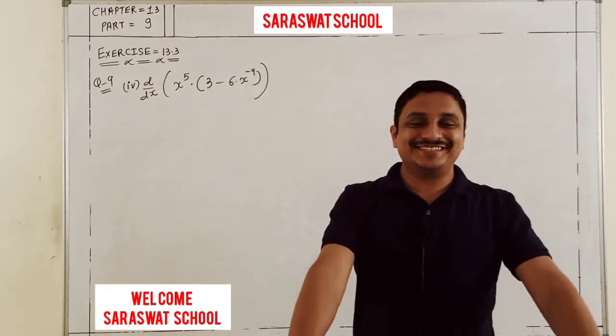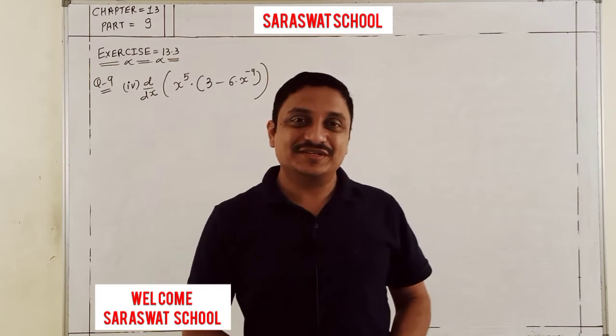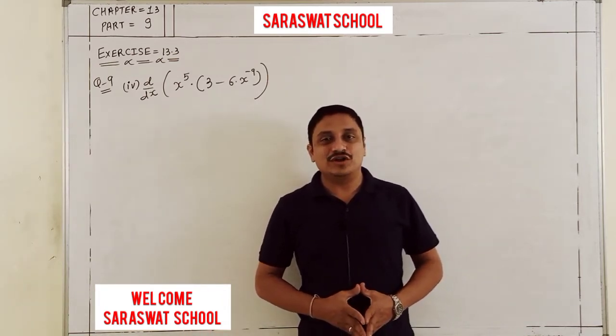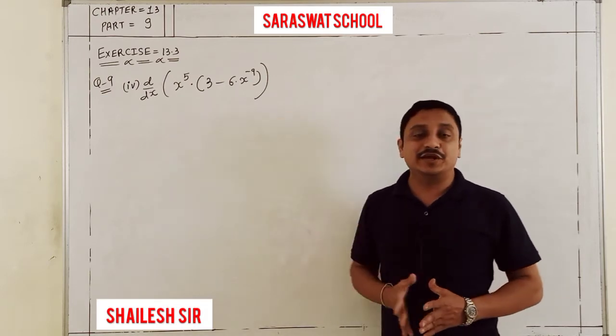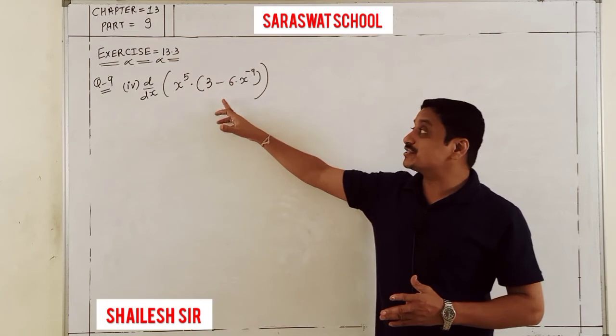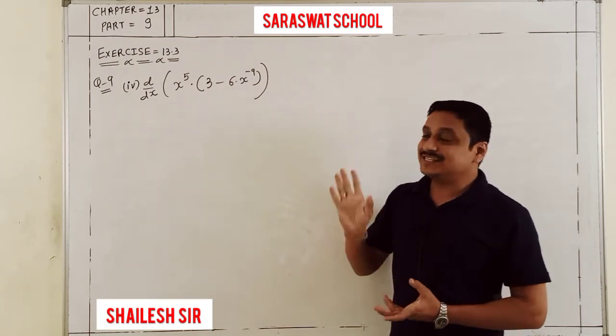Hello students, welcome to chapter 13, Limits and Derivatives. Students, today we are going to find derivatives using the working rule. Find the derivative of the given expression, x raised to 5 times (3 minus 6 x raised to minus 9), in exercise 13.3,